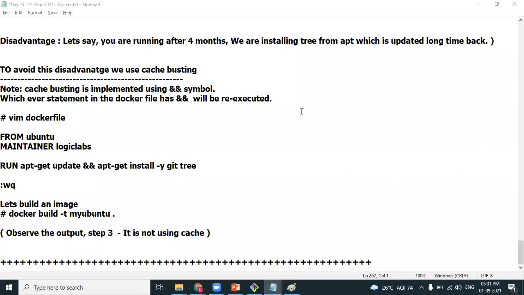So this is about the cache busting feature. I want to discuss one more example of Docker file, that is about changing the background process by using the entry point. We'll discuss that tomorrow, and then we move on to the concept of container orchestration, that's called Docker Swarm. So those are our upcoming topics for tomorrow's session. Please spend some time on hands-on practice of whatever we have learned, and see you tomorrow.